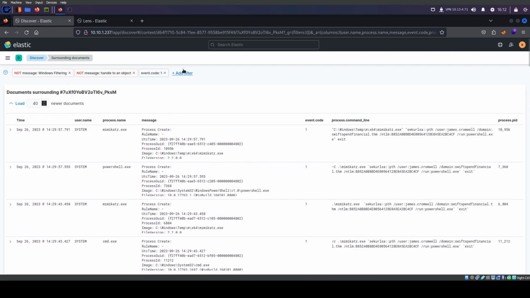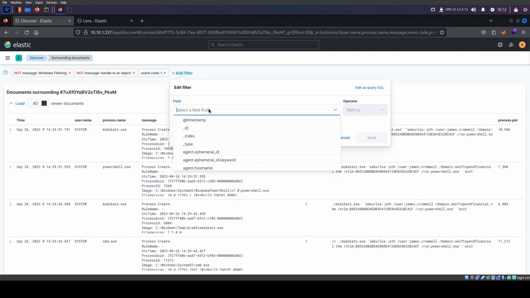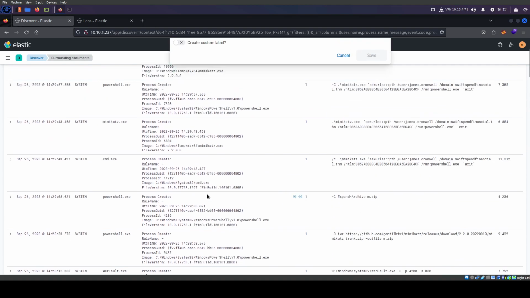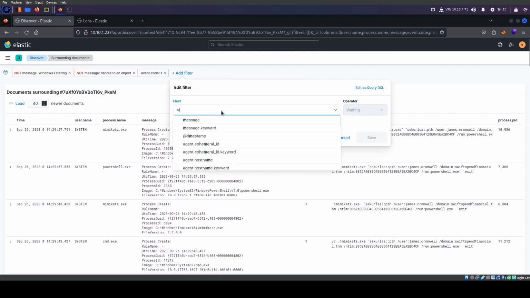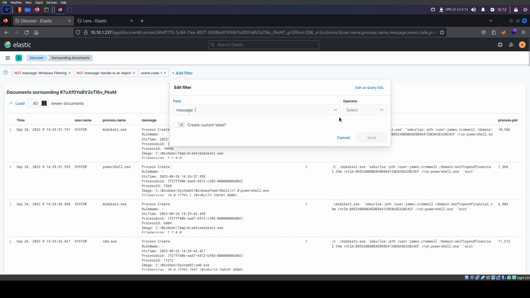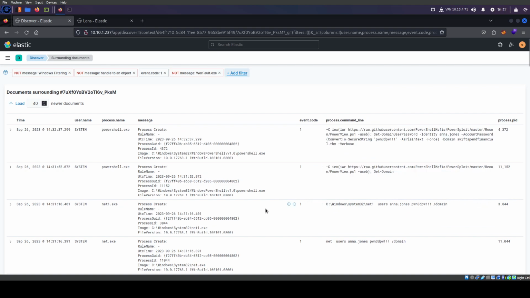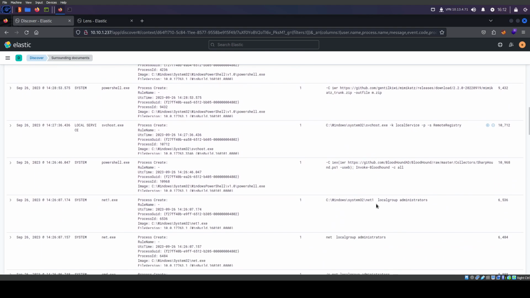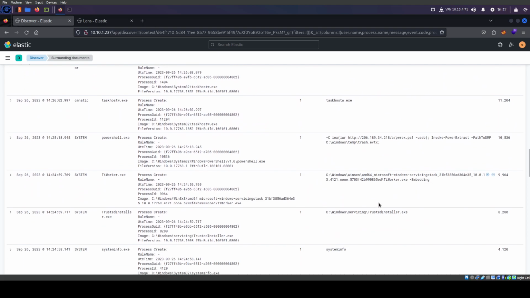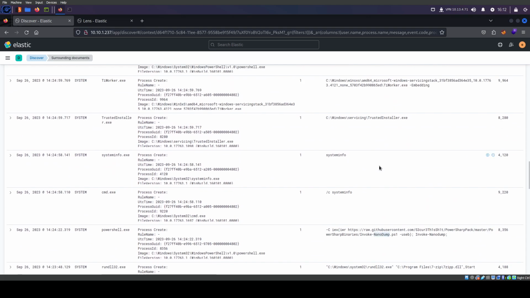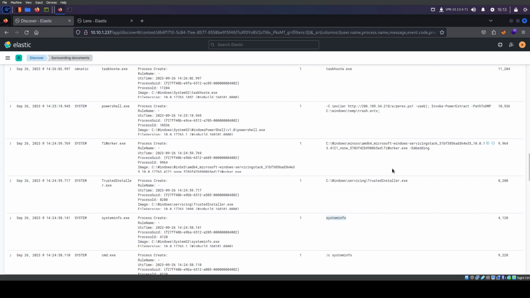So let's add another filter. You're a message too, so I guess I'll do that. Message is not workflow.exe. Much better. So let's go here. Where were we? So now we're starting to get a better idea. So we ran from system, right? We created that service. It's trying to enumerate the NanoDump system info again.